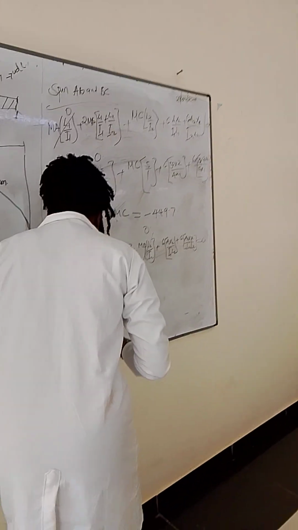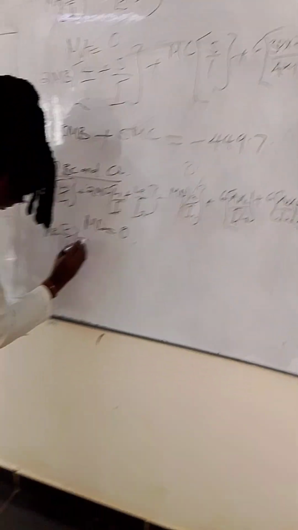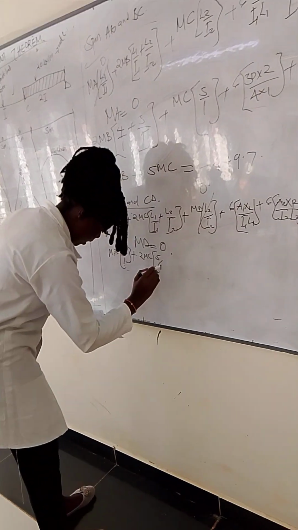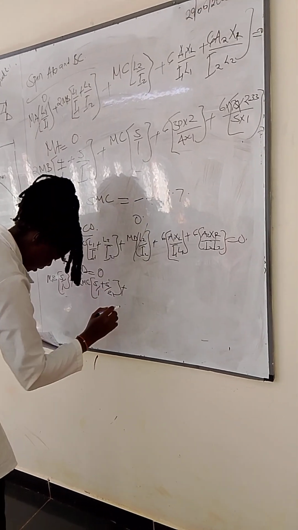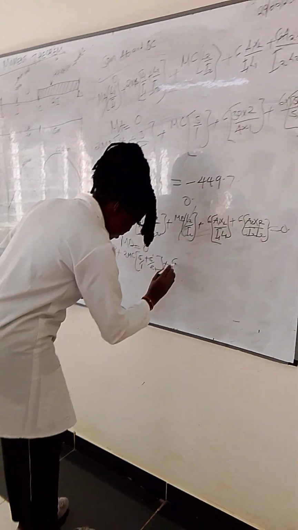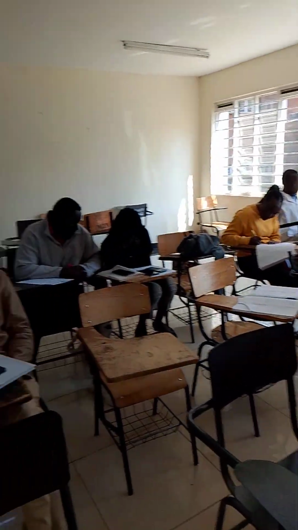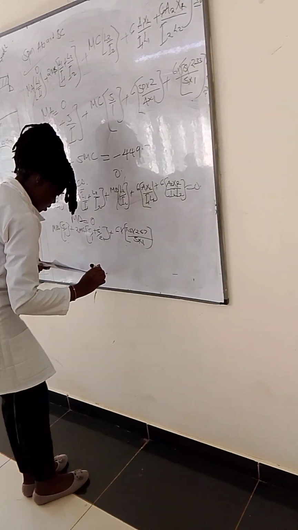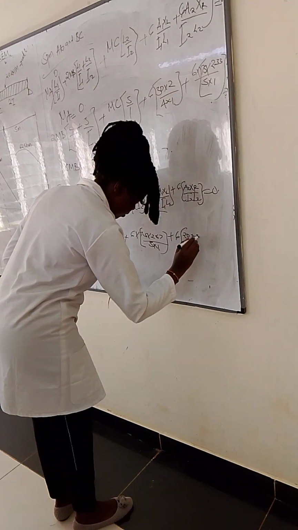So from here we have MB into 5 over I plus 2MC into 5 over I plus 5 over 2I, plus this one will be 6 times 75 times 2.67 over 5 times I, plus 6 into